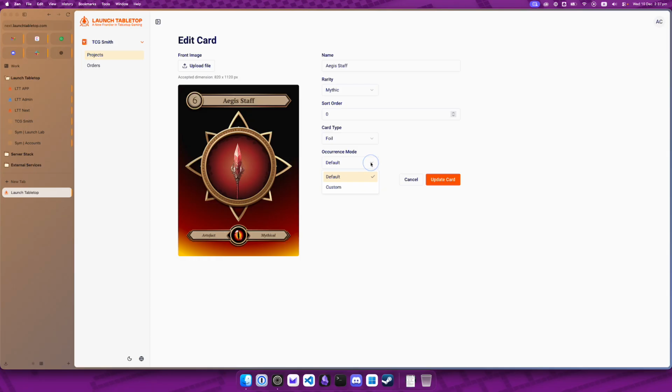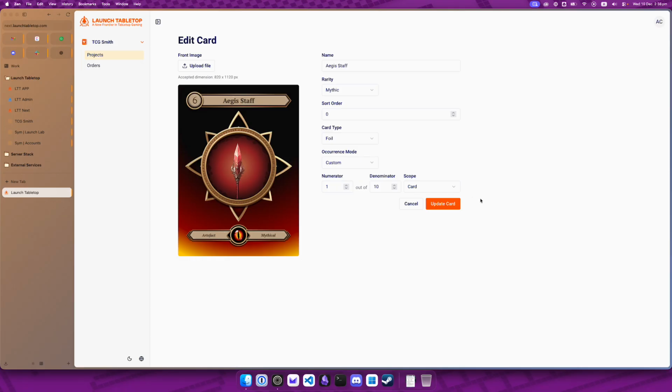But if you have a particular design in mind that wants something with more granular controls of your occurrence mode, you absolutely can. And this is the main difference between the previous version of TCG Smith and the current version. The previous version is much more statistics forward: percentages, occurrences, and all that. What we've done is present it in a more TCG creator sort of language, how people wrap their head around